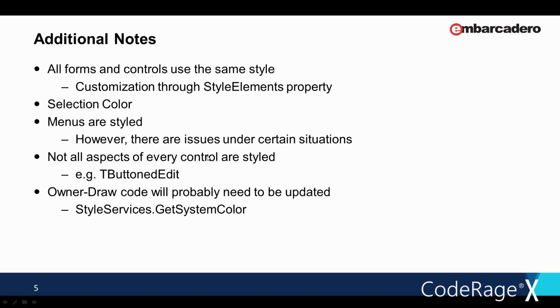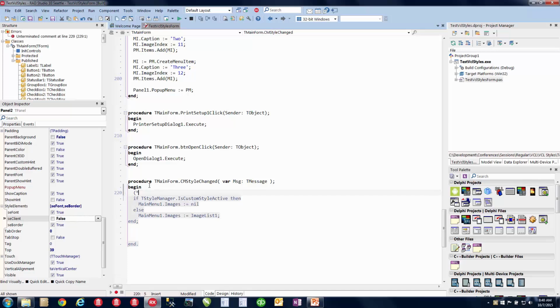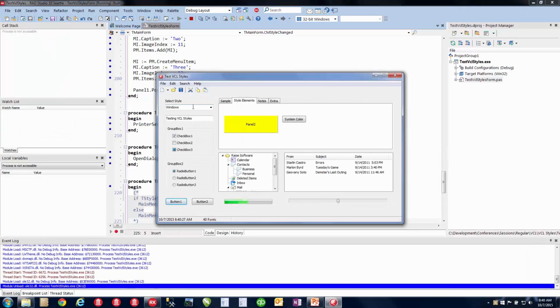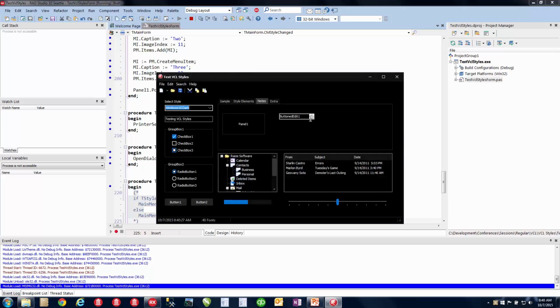Next up, one thing to note is that it is possible that you might see a control that doesn't get fully customized when you're dealing with the style changes. Let me reset my little comment here so next time I do this I don't lose it. I'll go back to my Emerald Light Slate one, for example, and I've got the button edit component here, and it looks fine with the way it's set up right now. There's a button image inside of the edit box there, but if I go and change this to a dark style, we can see that the background of where the button is supposed to be is not painted according